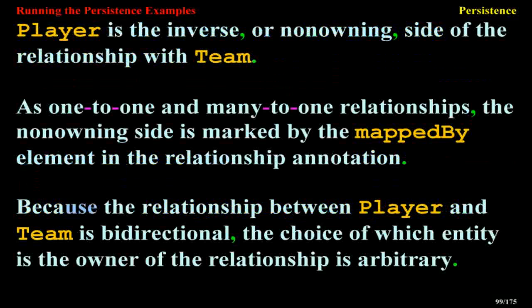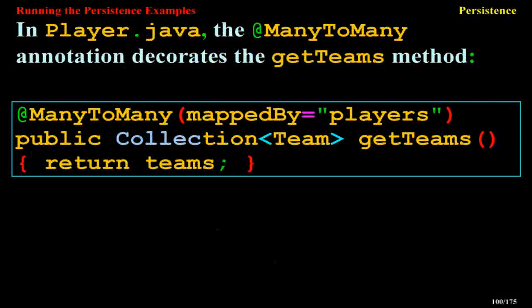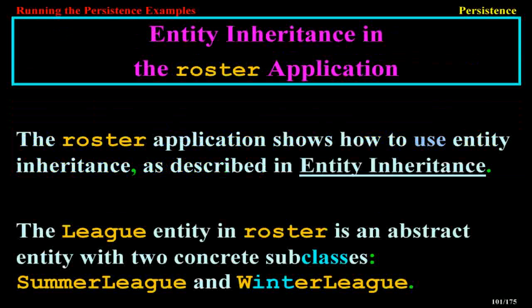As with one-to-one and many-to-one relationships, the non-owning side is marked by the mappedBy element in the relationship annotation. Because the relationship between Player and Team is bidirectional, the choice of which entity is the owner of the relationship is arbitrary. In Player.java, the @ManyToMany annotation decorates the getTeams method. @ManyToMany(mappedBy="players") public Collection<Team> getTeams() { return teams; }